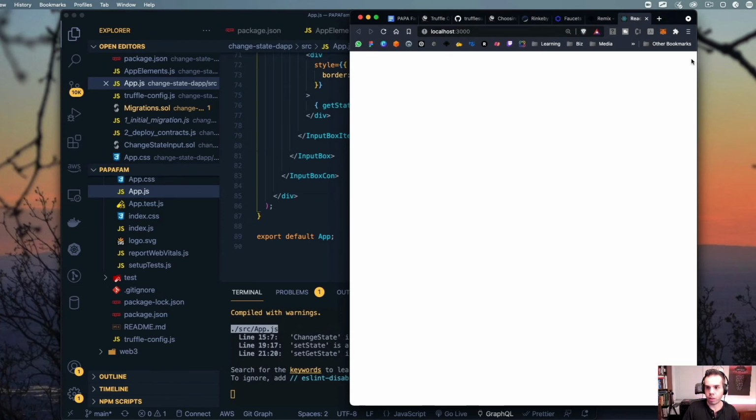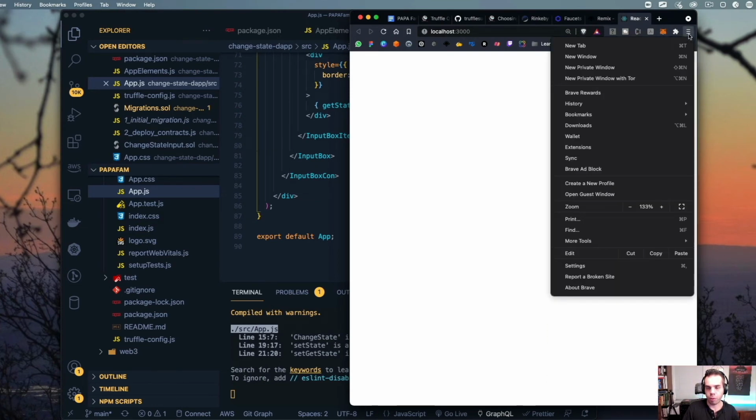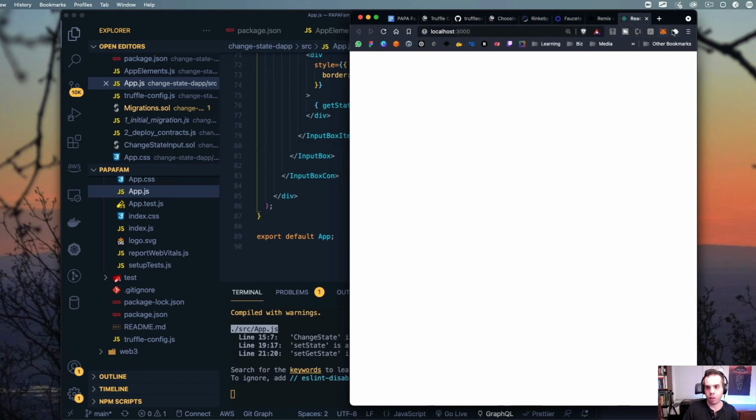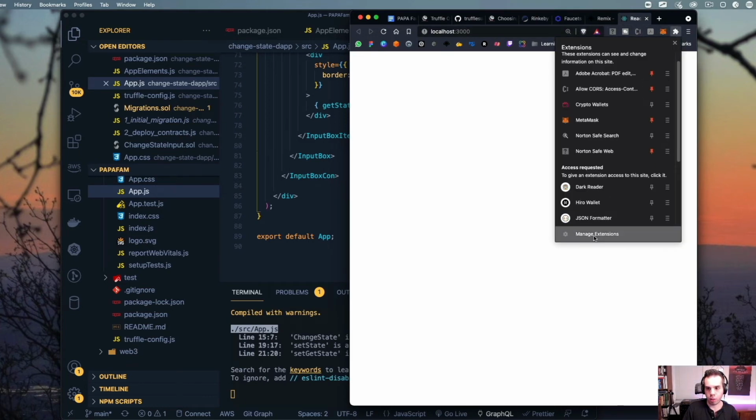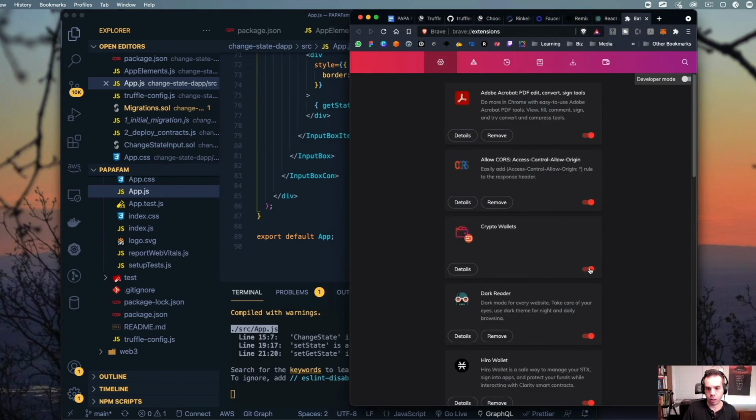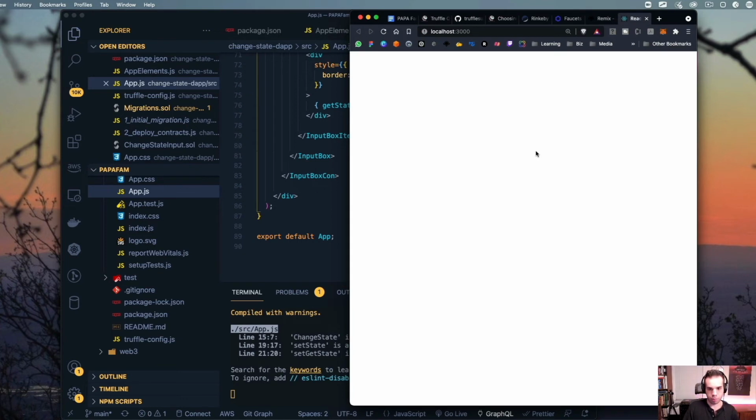Oh yeah, there are sometimes where, if you use the Brave browser, there are other extensions that are there. So we're just going to want to make sure that we're not having crypto wallets in there. That's something that can sometimes mess up your instance if you're using MetaMask.